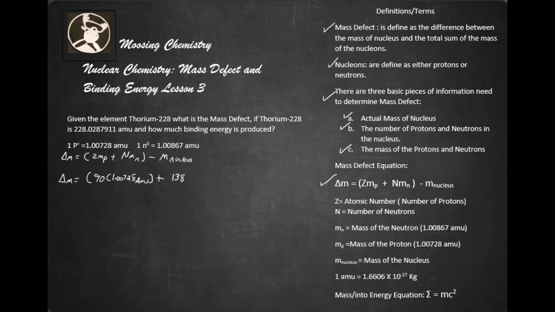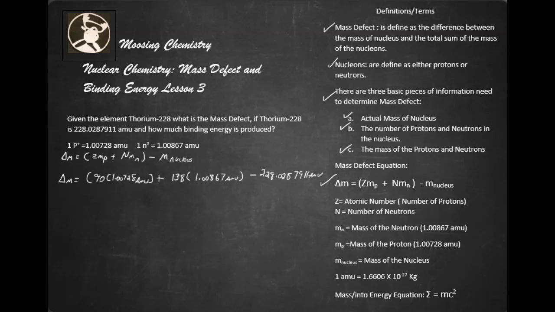We just took the 90 subtracted from 228, we get 138, and we're going to multiply that by, of course, 1.00867 AMU, close that bracket, minus the mass that we were given to start with, which for thorium-228 was 228.0287911